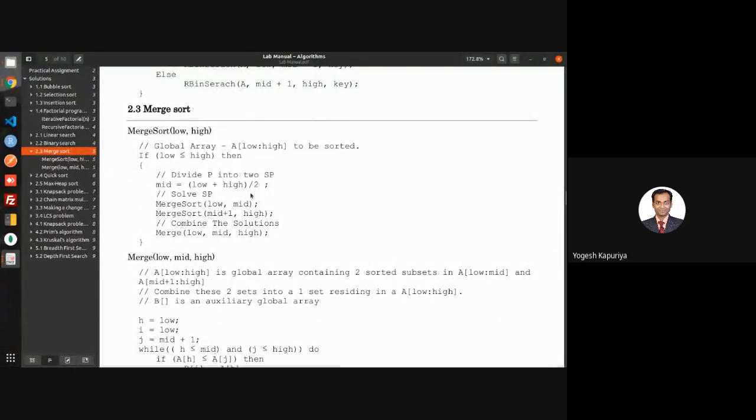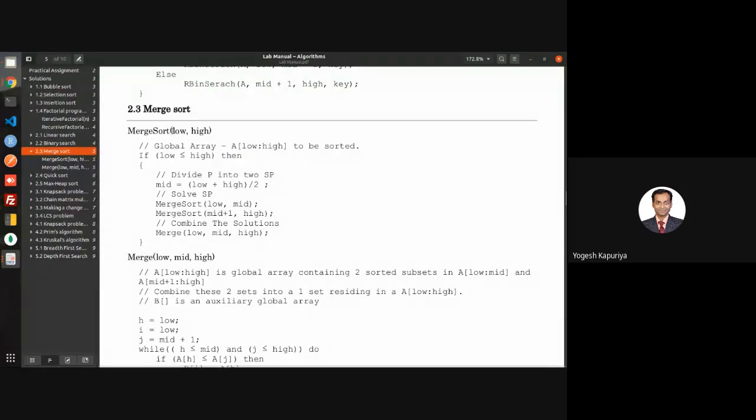We also discussed two more techniques which are based on the divide and conquer approach, that is merge sort and quick sort. The merge sort and quick sort both are techniques based on the divide and conquer approach. So if you see the algorithm, merge sort between low and high, assuming that A is global.